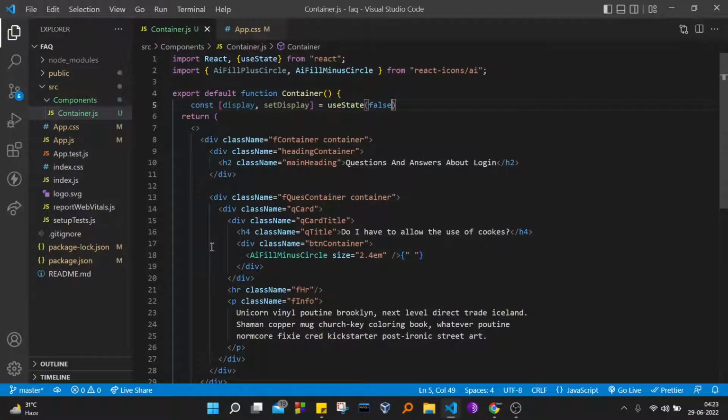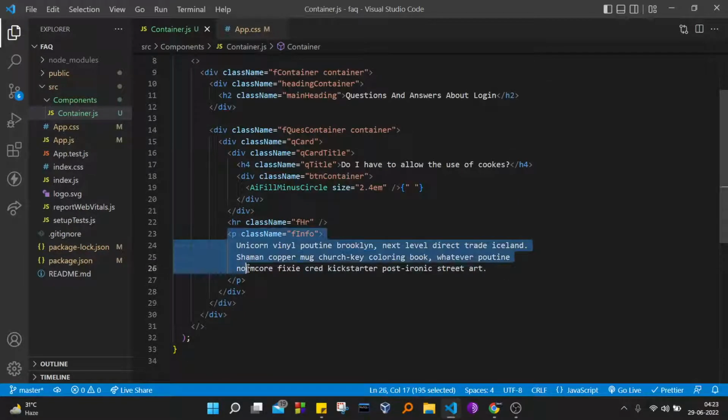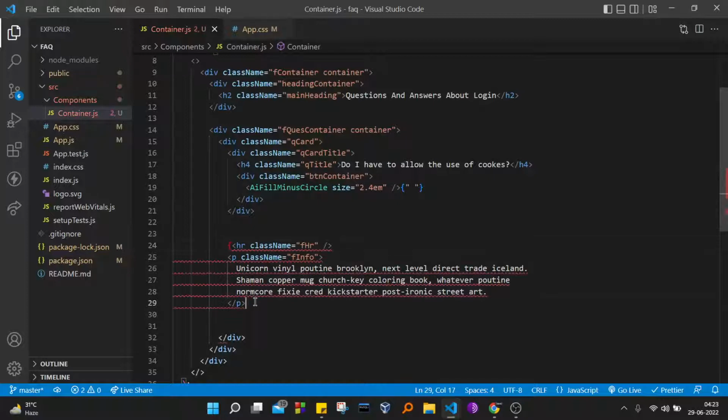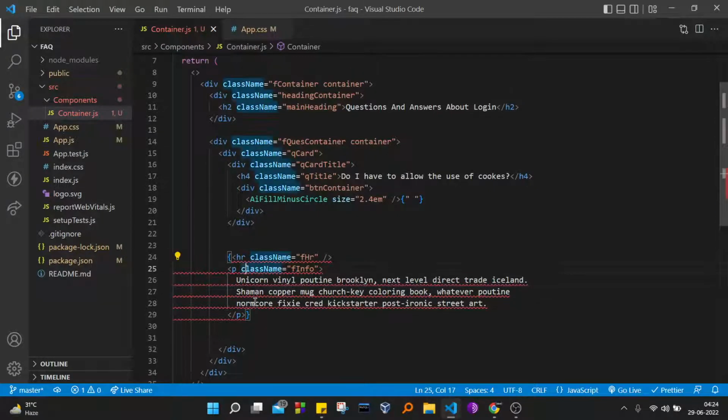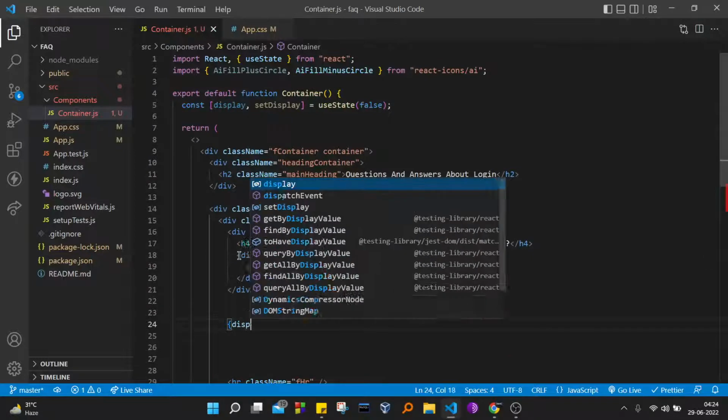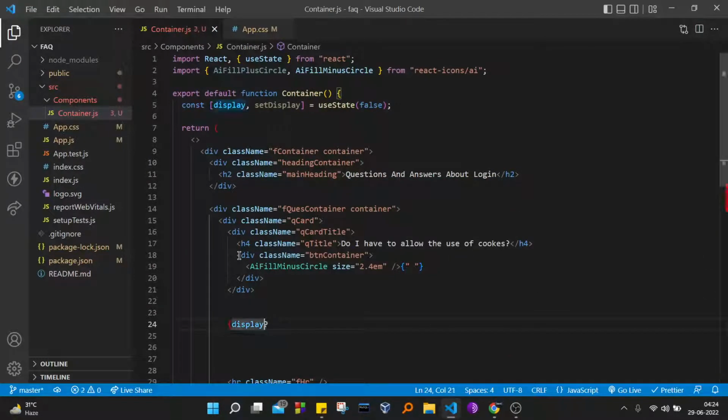Okay, so it's not gonna show anything. So this whole thing is only going to be visible. Okay, let's just include it inside a small bracket like this. Bam. Okay, now this thing is only going to be visible. So we're going to check if the display is